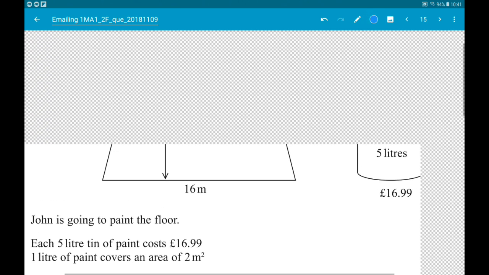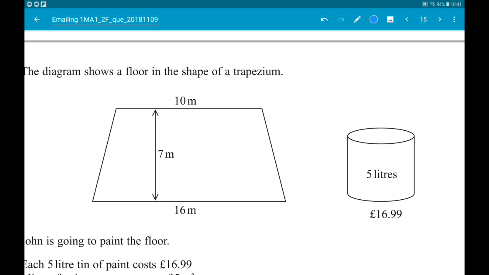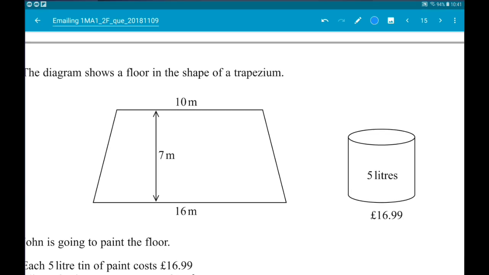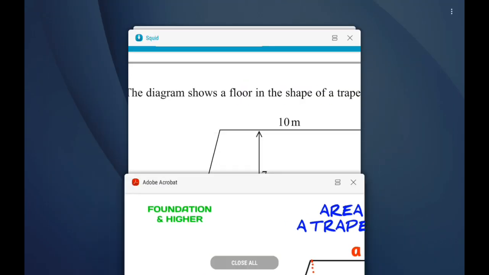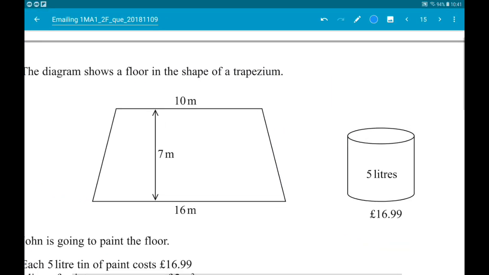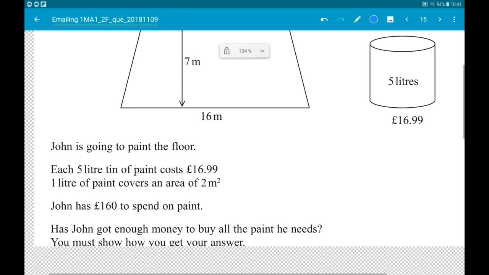the floor then is a trapezium. You need the formula for the area of a trapezium. So here it is in my formula book. So we add the top and bottom together, multiply it by the height and divide by 2. So the area of the floor